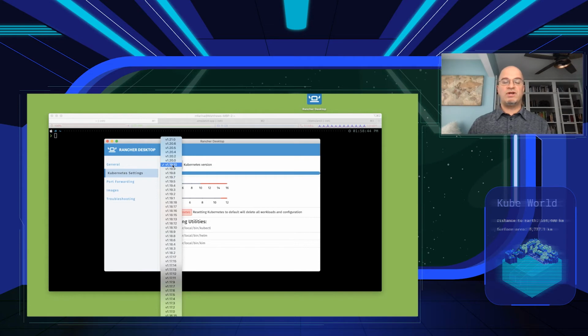So if I was on 1.19.10 and I upgraded to 1.20.6, it would take down the environment with my workloads, then bring it back up in the newer version of Kubernetes, and my workloads are there. That makes it really easy to test your applications and what happens when you upgrade Kubernetes, which is a common situation. You'll see here that the supporting utilities, these are the applications that I talked about before, they're linked into